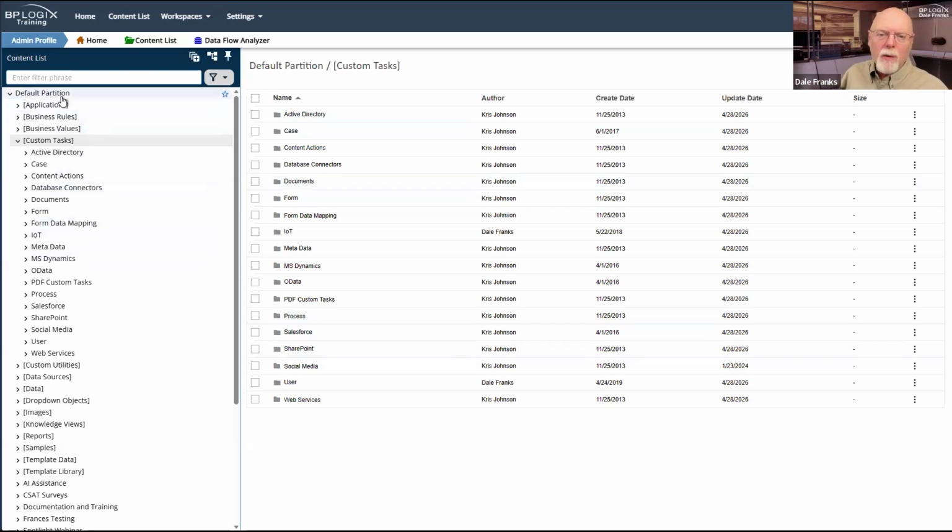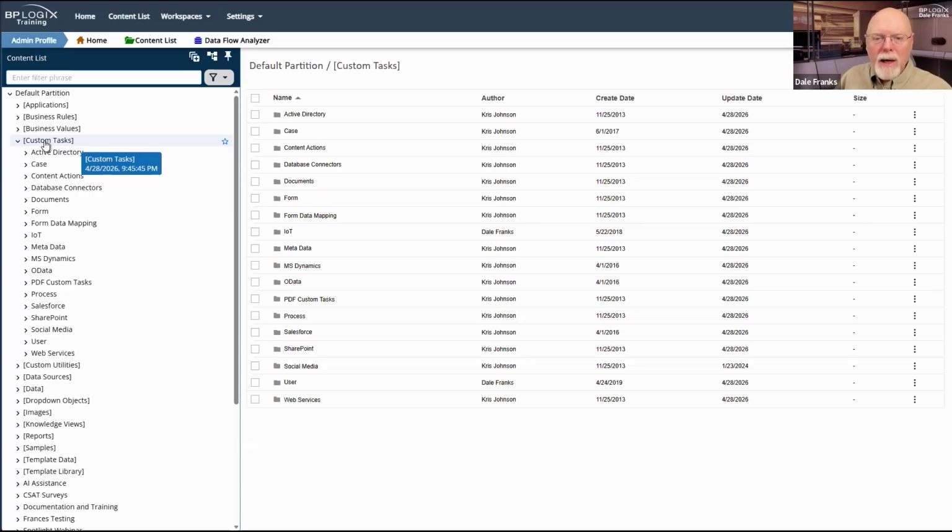So as you can see here, we have our default partition, and the custom task folder has square brackets around it. That's the common BP-Logix file naming convention for items that go into the root that are accessed globally from within the system. That is certainly what custom tasks are.